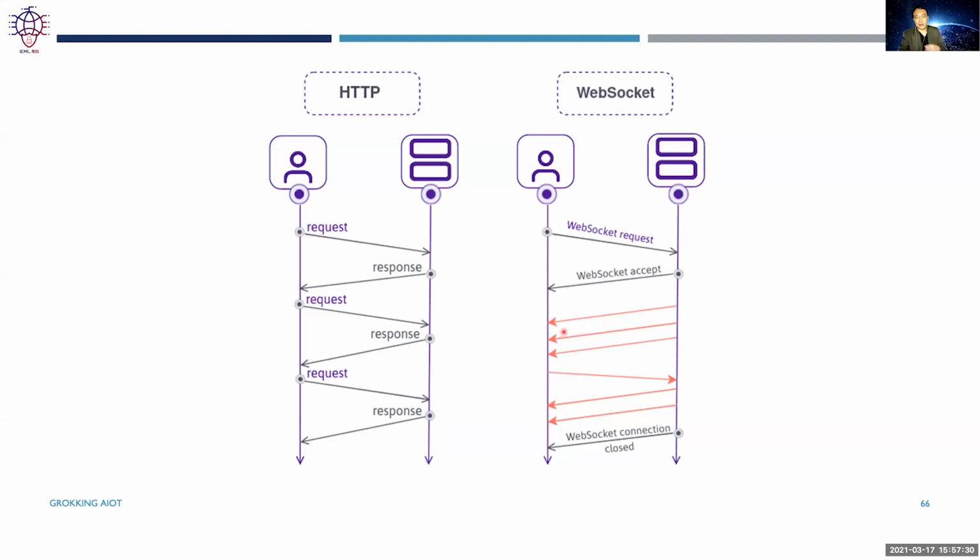And then finally, after I receive these 3 packets of information, the client actually just sends back 1 single packet, and then after that, another 2 coming back. So once it switches mode into a WebSocket mode, it just opens up a transparent pipe. And you can send information in any sort of manner that you have predefined between the client and the server. You do not need to stick to the HTTP style of interaction anymore. So this actually allows us to use it in a more flexible manner.